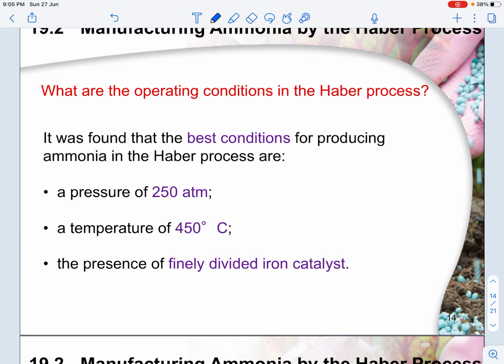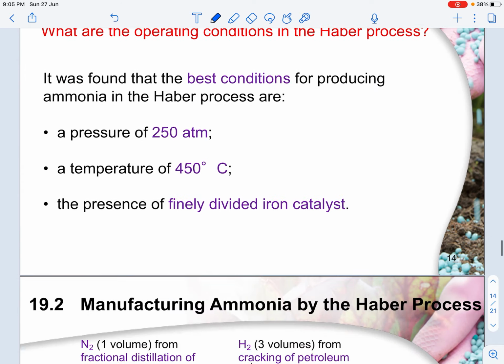So what are the operating conditions? Best condition is pressure at 250, temperature at 450. You use a finely divided iron catalyst. Okay, why finely divided? So that you can actually increase the surface area for the catalyst to react, to help. Okay,